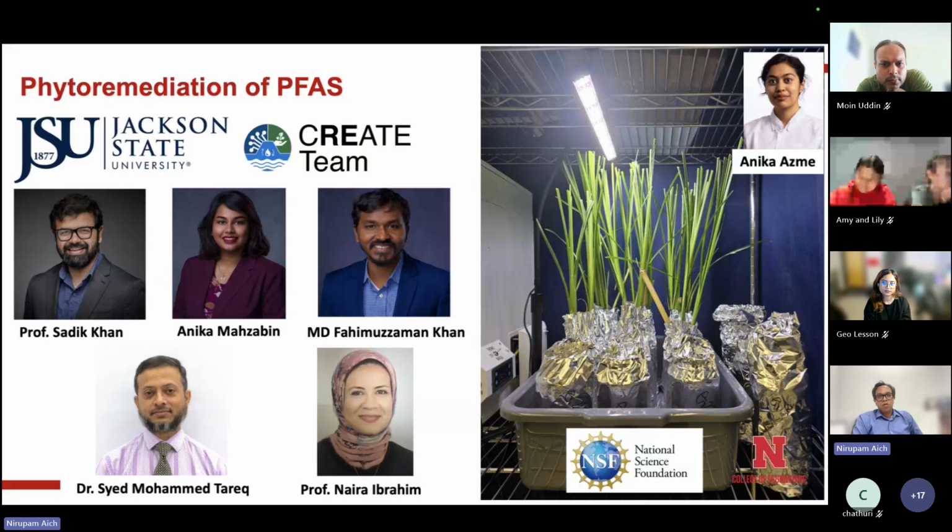And this came from Dr. Sadiq Khan's group. They were working on plants for different applications and phytoremediation for different types of pollutants. But now we are working to see if these plants can also remove PFAS and take them up from soil, like contaminated soil, not only from water, but then can we use them for treatment of PFAS on a larger scale, where it's not only in a smaller scale.